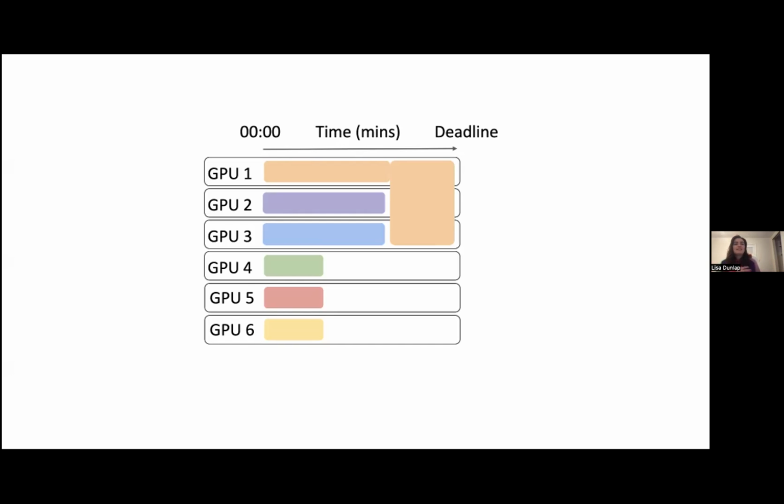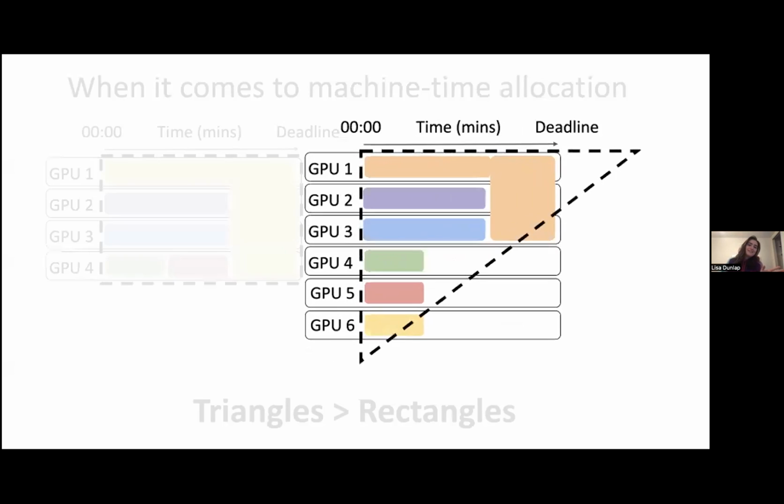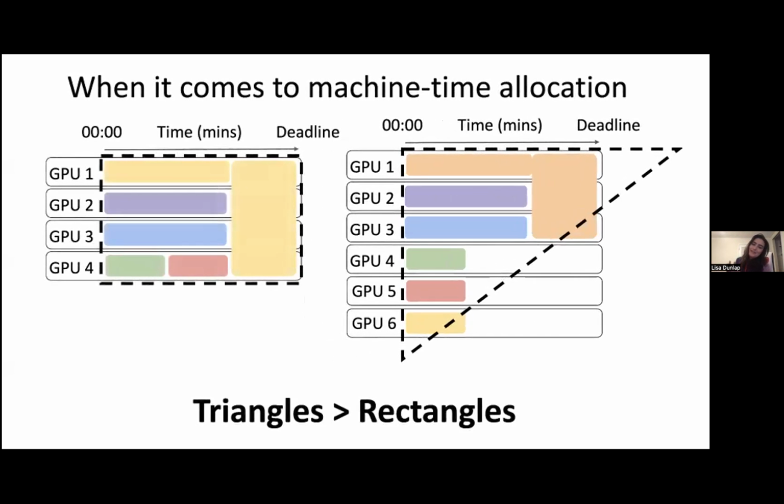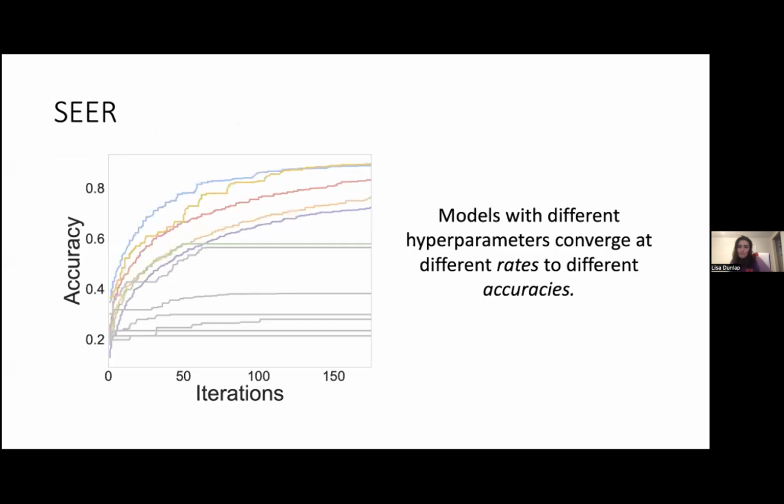And we think that this is the direction that most hyperparameter tuning methods should be going. In general, we think that this triangle shape is more conducive to the cloud environment than this traditional rectangular shaped allocation of on-prem methods. So to delve into the specifics of our method,